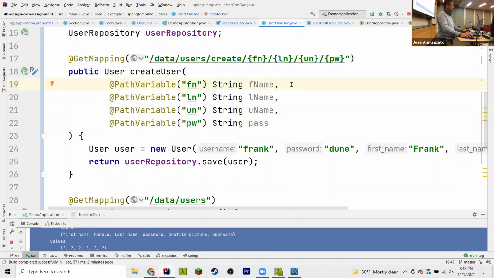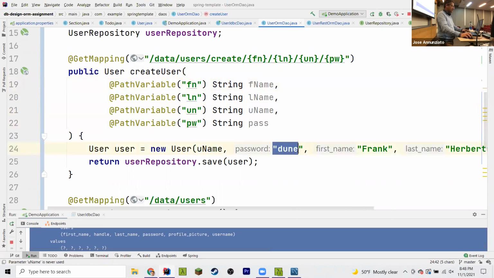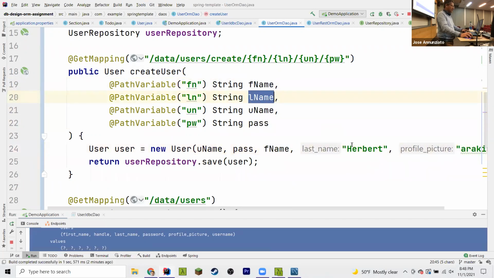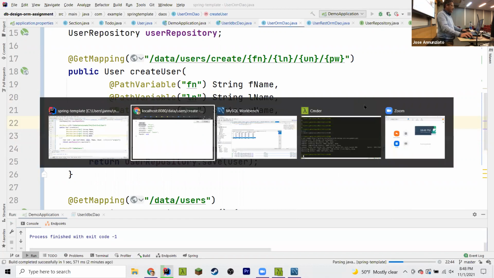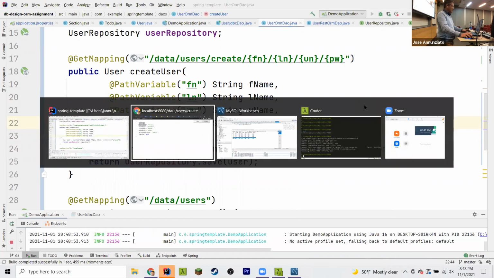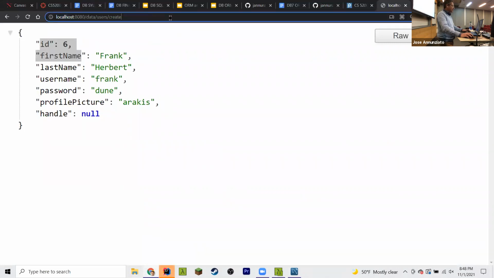Yes. So I can use this here. I think this is a username. This is a password. The first name. So instead of always being the same thing, and I'll just leave the profile the same. Okay. All right. So if I restart this and I go back to the query, and instead of create here,